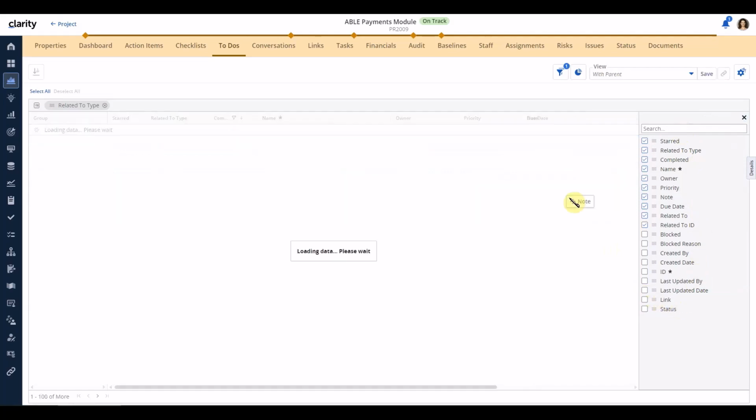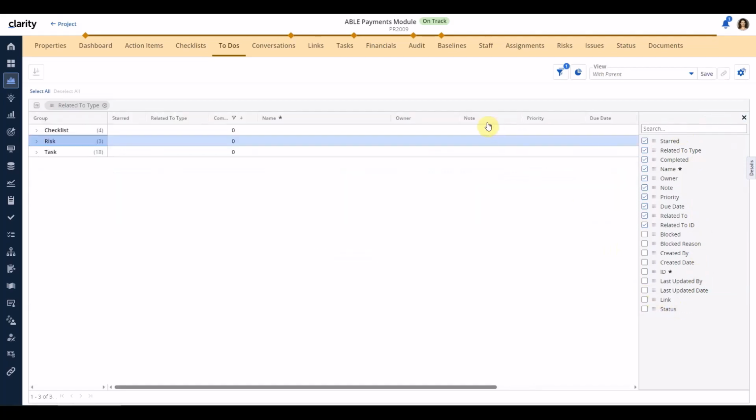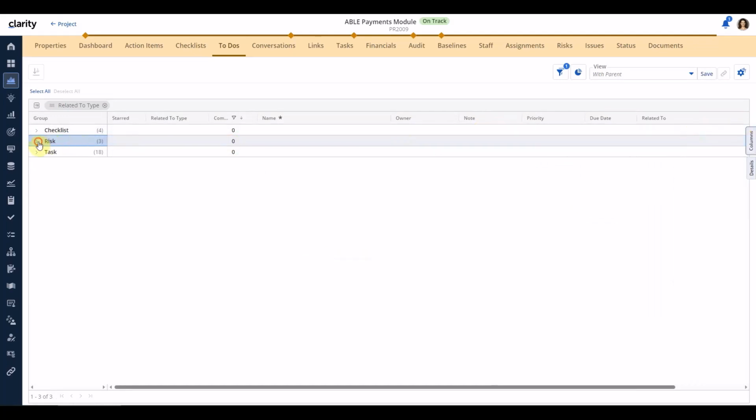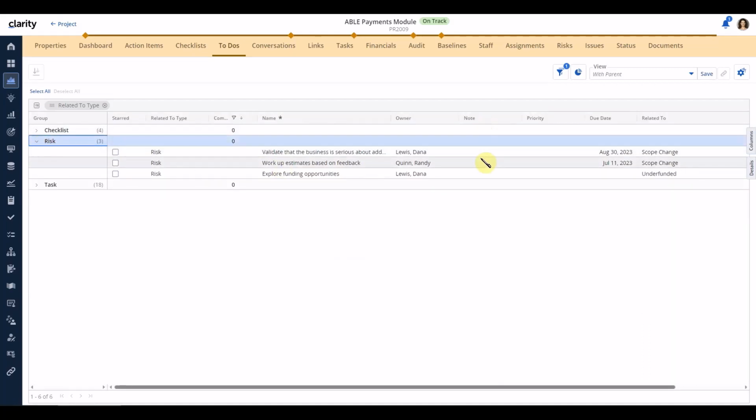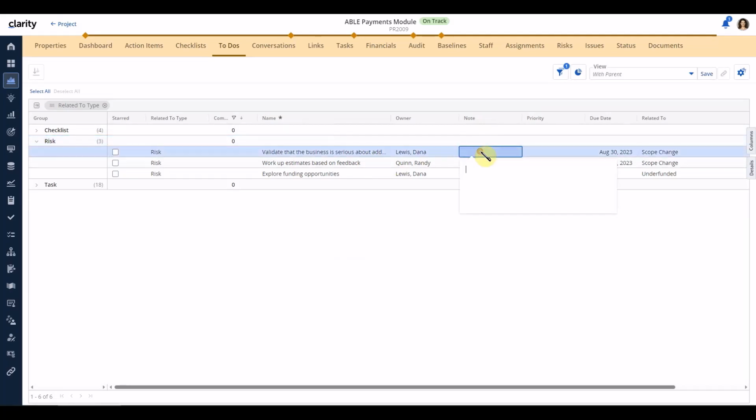I can just easily drag and drop. This is just existing functionality of adding a column to my grid. If I now expand this back, I would see that the to-do note is available. And maybe I can populate my note. I have populated my note, some information that I collected by talking to somebody, so at least I can track some of that information.